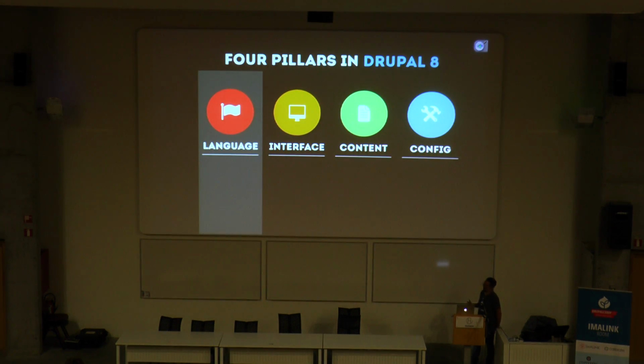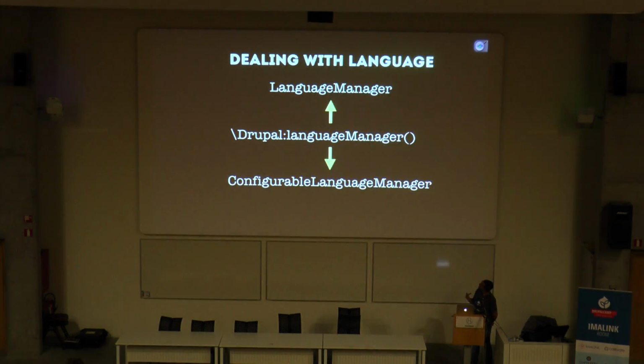So the first of these pillars is the language one, and we are going to see how the APIs there work. The language module allows you to store the language your data is in. And in Drupal core, we have a service for handling your languages, which is the language manager. So you can call Drupal language manager, and you get a language manager, which allows you to manage the languages